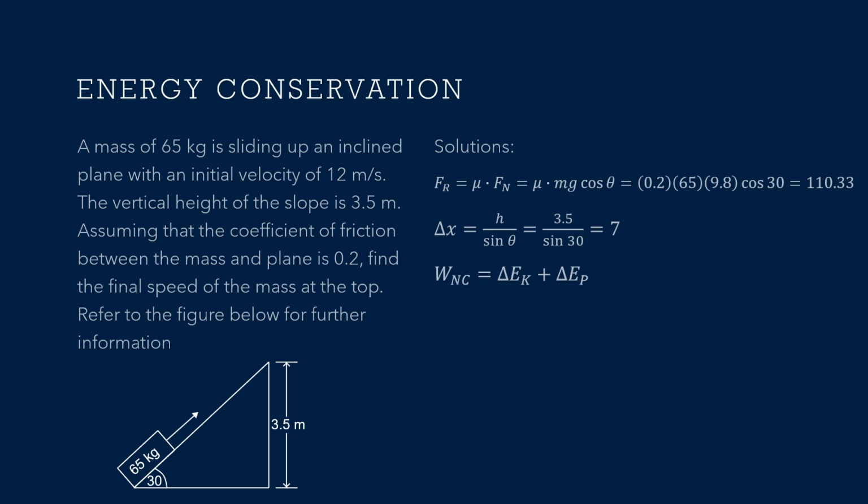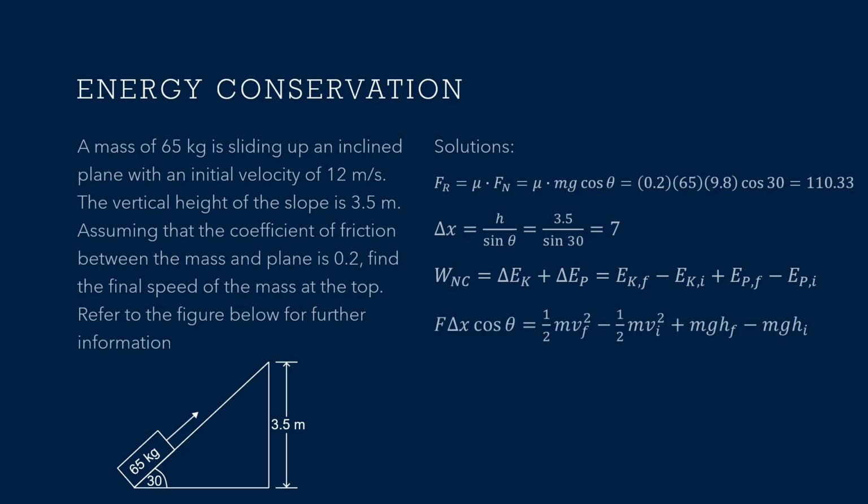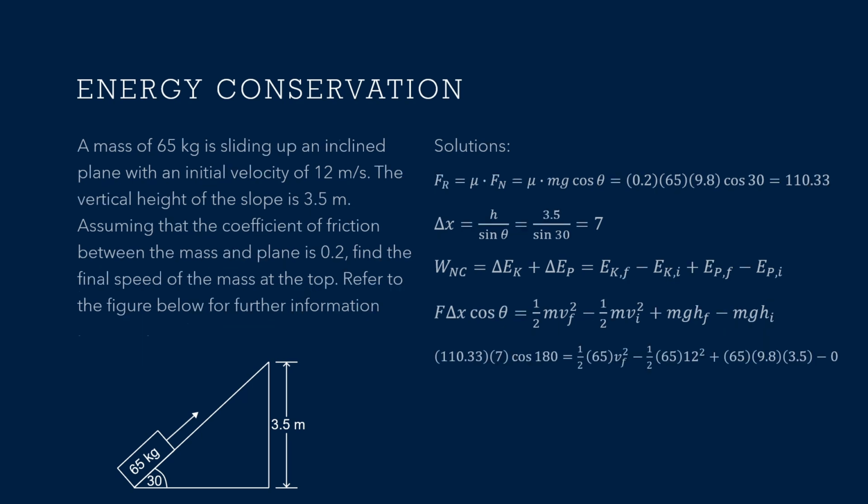Now, I write down the non-conservative work formula, and substituting in that formula, I get final kinetic energy minus initial kinetic energy plus final potential energy minus initial potential energy. Now I'm going to substitute in those formulas, and I will get the following formula, as you can see. And now I'm going to substitute in my values. As you can see, the 110.33 multiplied by 7 multiplied by cos 180,